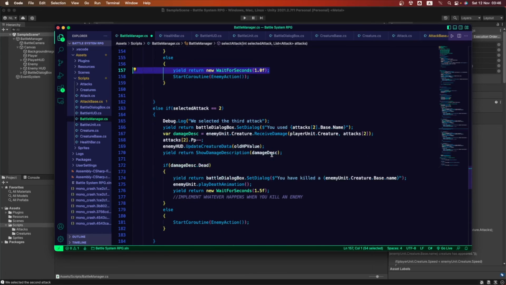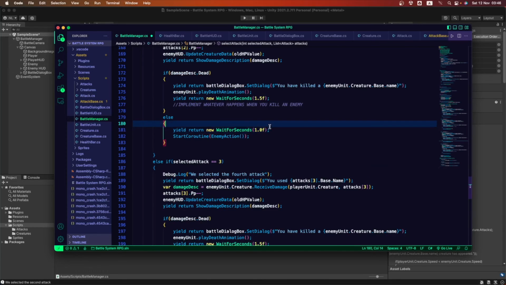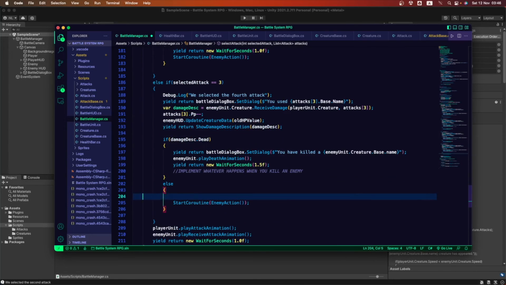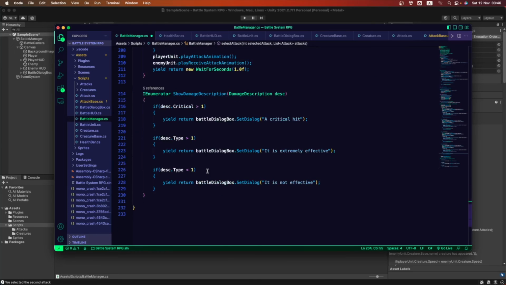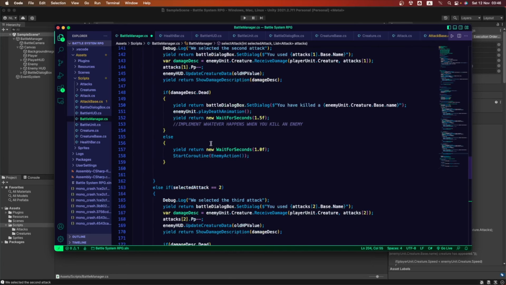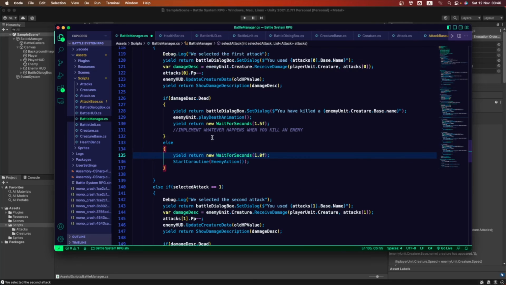So let's copy and paste that one before going into each of our enemy actions. Okay, so let's select that one there. There it is. Okay, and finally, yeah, we have 1, and we have 2, we have 3, and just this one. We needed that one. Okay, so let's save this, and now the gameplay loop is gonna be making some pauses before going into the enemy action, enemy attack.